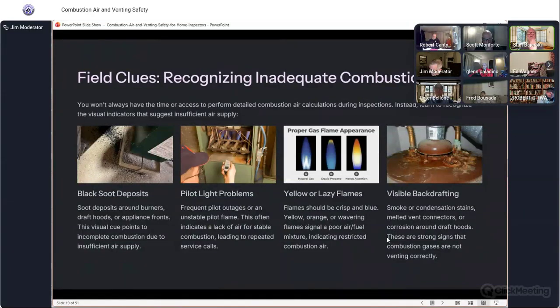So field clues, recognizing inadequate combustion air. You won't always have the time or access to perform detailed combustion air calculations during inspections. Instead, learn to recognize the visual indicators that suggest insufficient air supply. If you see any soot, any place inside the burner compartments, on top of the water heater, coming out of ductwork, the soot deposits around burners, draft hoods, or appliances are visual clues that point to incomplete combustion due to